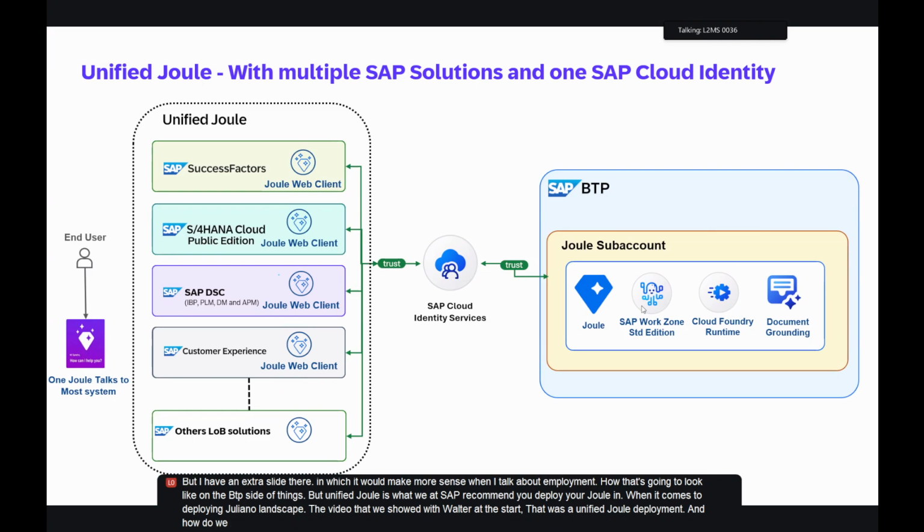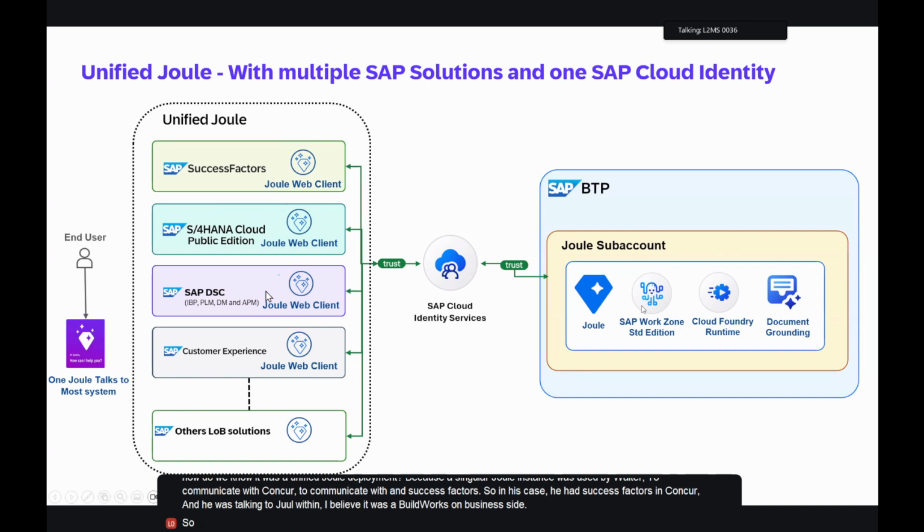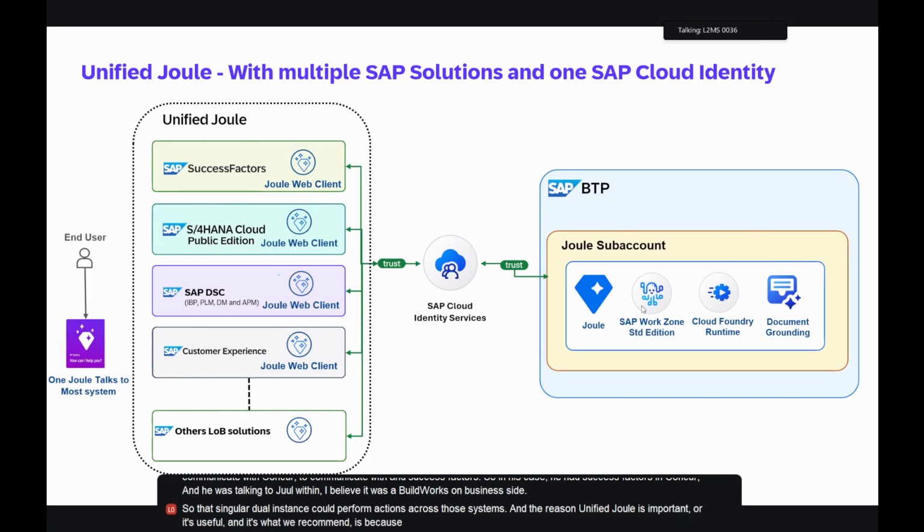And how do we know it was a unified Joule deployment? Because a singular Joule instance was used by Walter to communicate with Concur and SuccessFactors. So in his case, he had SuccessFactors and Concur, and he was talking to Joule within, I believe it was a Build Work Zone on business site. So that singular Joule instance could perform actions across those systems. And the reason unified Joule is useful, and what we recommend, is because I believe from a maintenance perspective, if you're looking at how our landscape is going to scale,